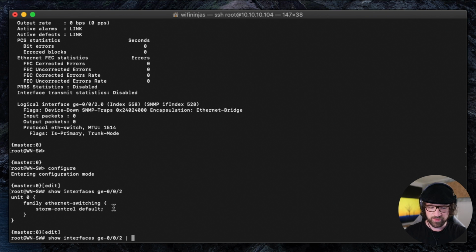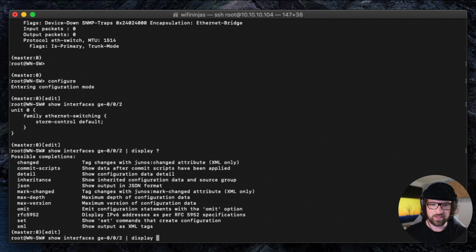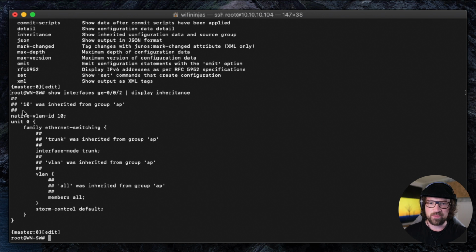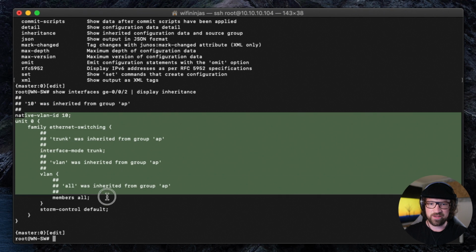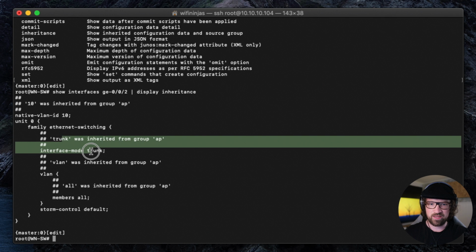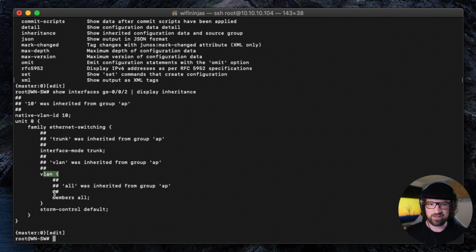If I pipe that to display, there are multiple things that I can display here, but let's say display inheritance, show inherited configuration data and source group. That's exactly what I want. So inheritance, and hit enter. I will see that my interface now has all that configuration here. It is a trunk, it has a VLAN config members all,